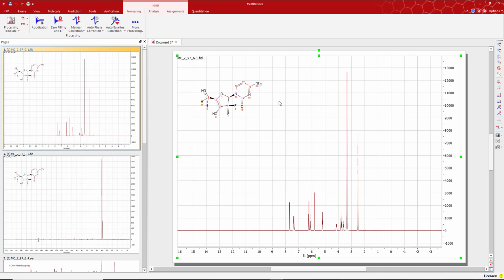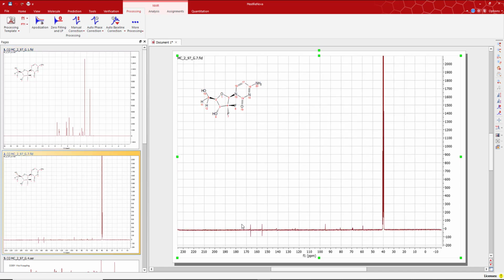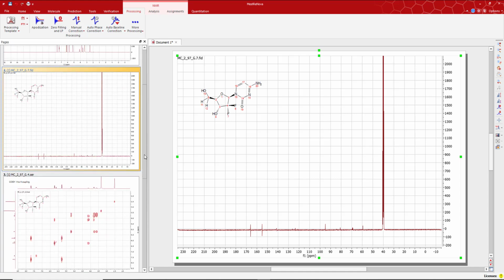You'd be pretty lost trying to do this without two-dimensional NMR, but 2D NMR will do a lot for you and remove all of the ambiguity in which signals are which. I have a multitude of spectra here to work with. I have a typical proton, I have a typical carbon NMR. We can see there's some bad phasing with some peaks dipping below the baseline here, but we can correct that